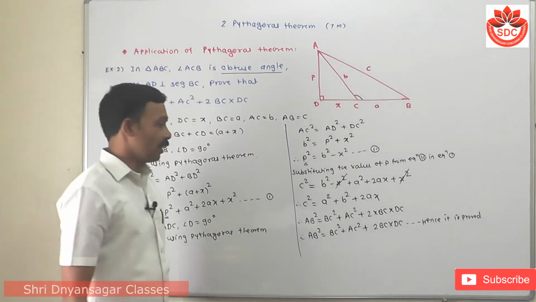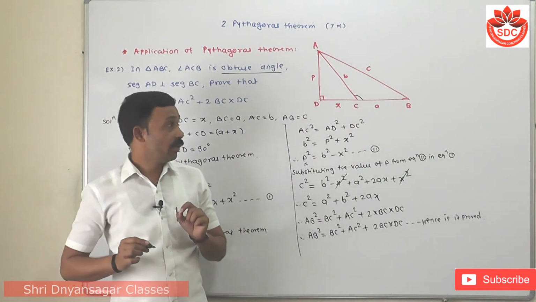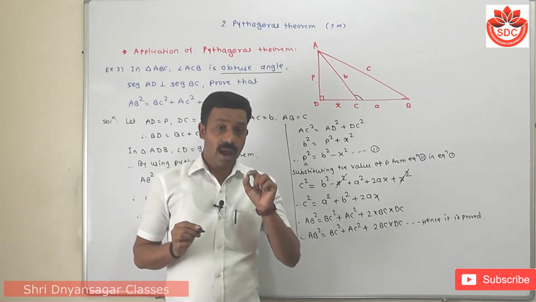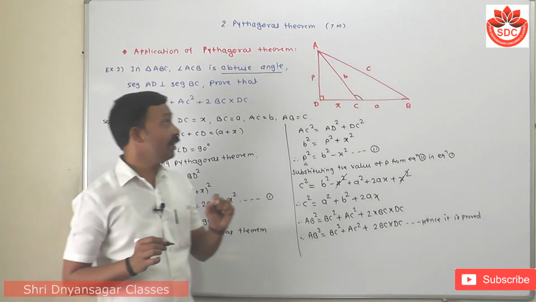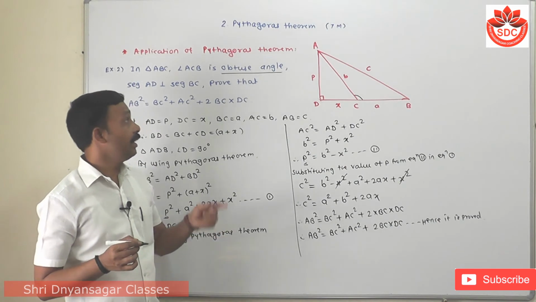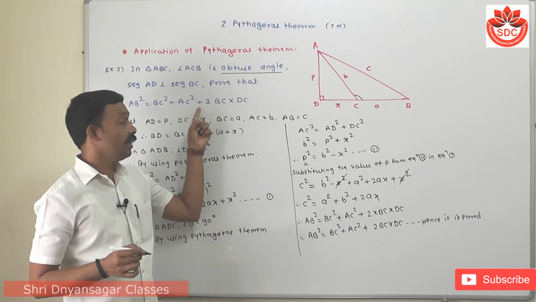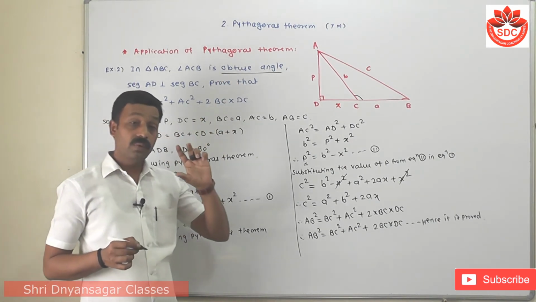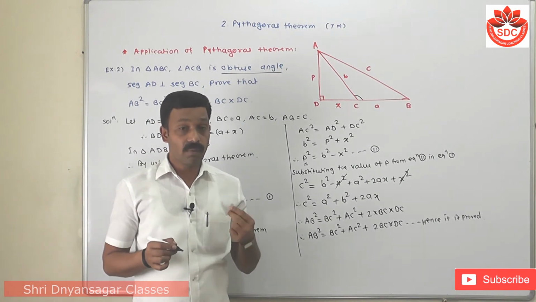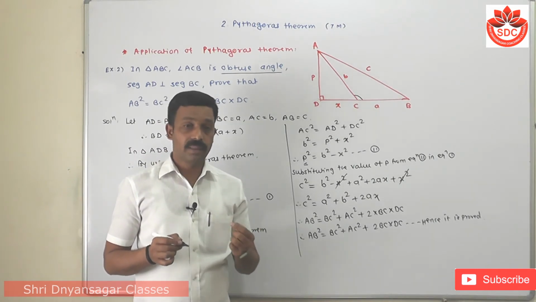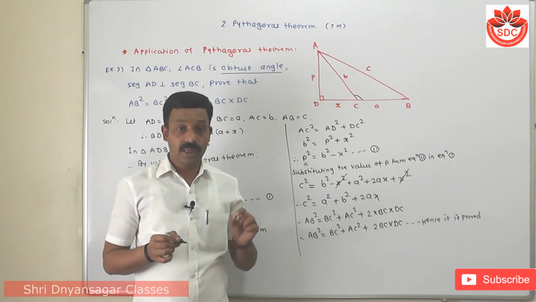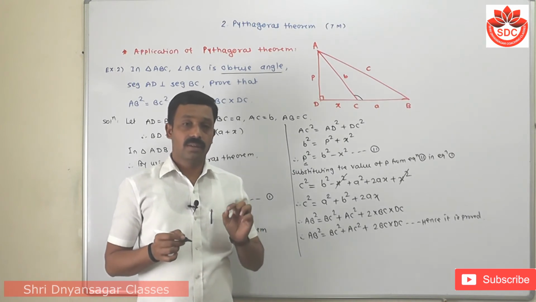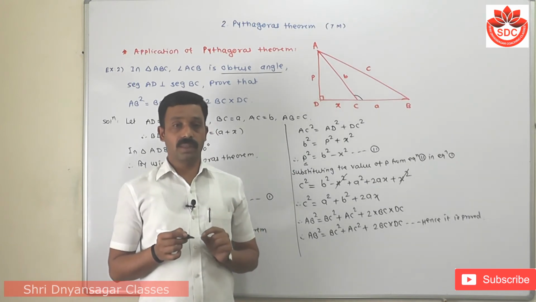Student, this is our second application. It means that we have to keep in mind: in an acute angle the sign is negative, and in an obtuse angle the sign is positive. Okay, then we use these two applications to solve a very important theorem, and this theorem is Apollonius theorem. Okay, let's discuss the Apollonius theorem.